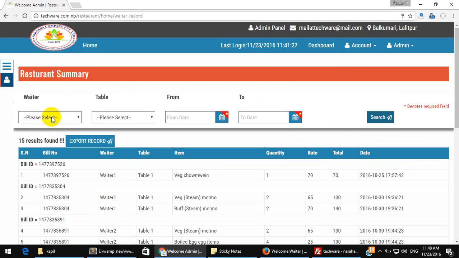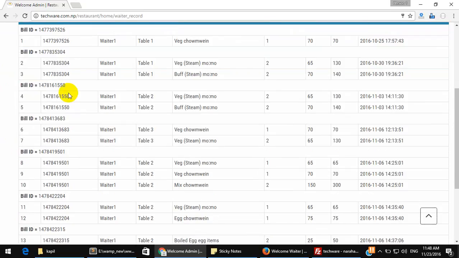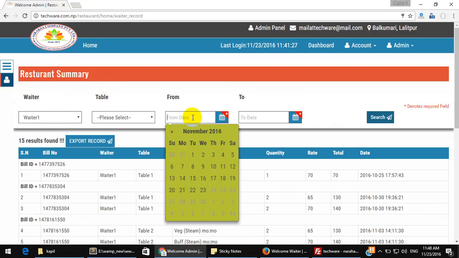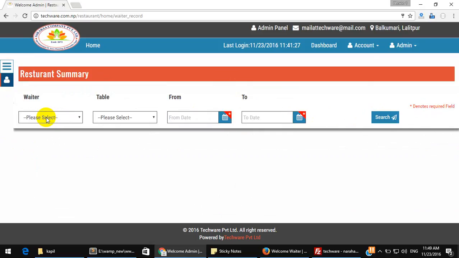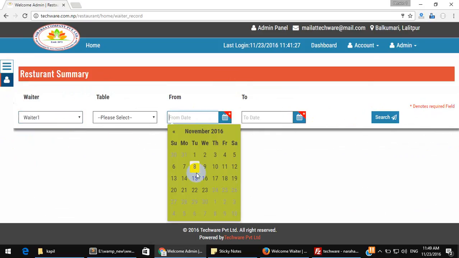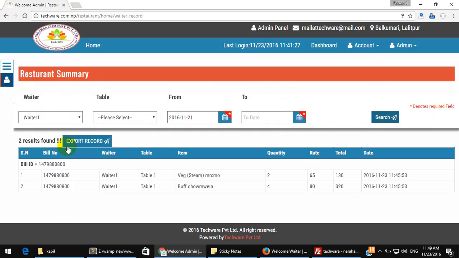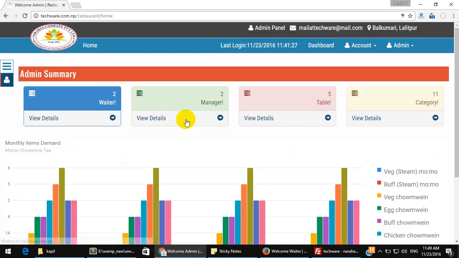And if we want to see by waiter, we can simply search from here. This is the waiter 1 data, and similarly we can also use the date range here, for waiter 1 from the 20th of November. This is the data we have recently added, and we are adding many other features also.